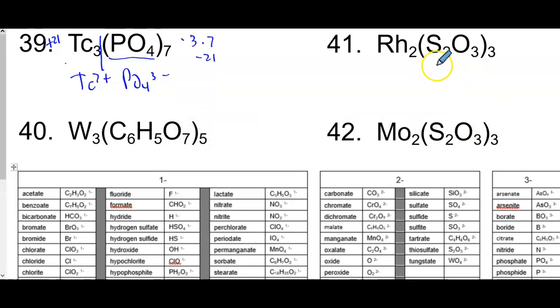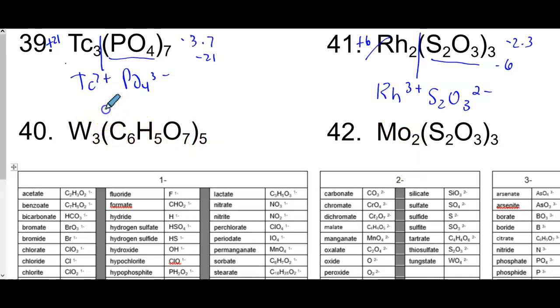I'm going to do 41 and have you do 40 and 42. So I'm going to split this one. We're doing 41 together. You're going to do 40 and 42 on your own. I'm going to look up this unit. I'm going to see that it's a minus, where is it? Minus 2. So negative 2 times 3 makes this a negative 6. This must be a plus 6, but there's 2 of them. So that makes this actually be Rh 3 plus going with S2O3 2 minus. And you pause the video and try 40 and 42 on your worksheet and then come back and see how